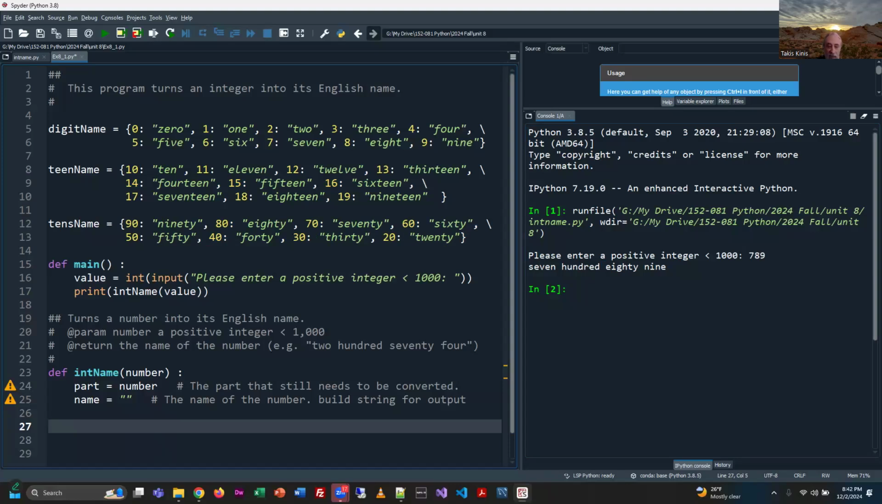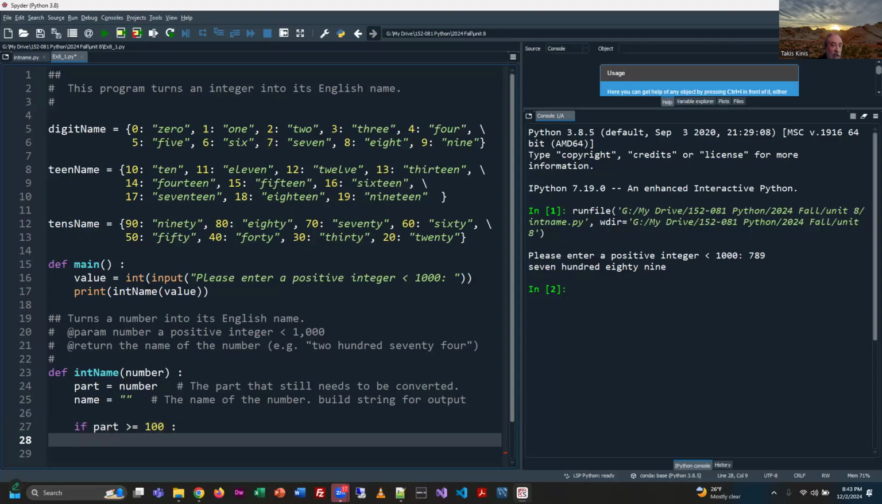We're going to write an if statement. So we're still using if statements. And we're going to say if the unmolested number, which is in part right now, is greater than or equal to 100. So in other words, if I type in 45, I don't need to figure out what 100 it is, right? So I don't even need to process it. But if it is greater than 100, then the name string is going to take, and this is where it gets interesting,